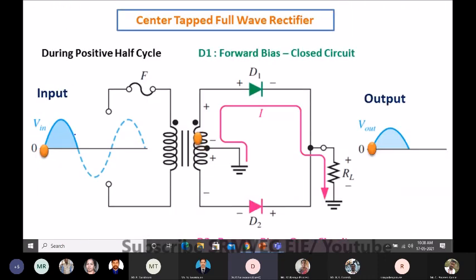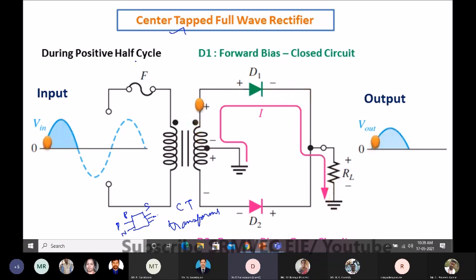Now coming to the full wave, and the first one under the full wave rectifier, we go for center tapping. This is the center tapped transformer. Here the transformer has two inputs in the primary, that is phase and neutral, whereas in the secondary there will be three terminals. The one in between is what we call center tapping. So three terminals will be available. The arrangement for your center tap full wave rectifier is this.